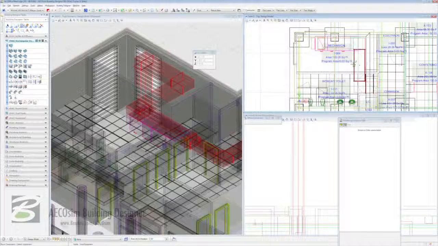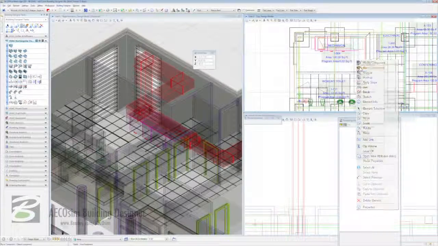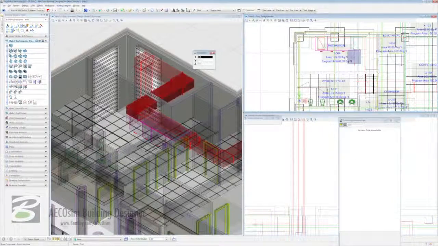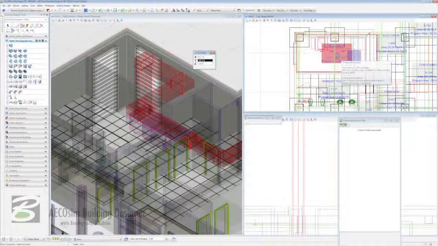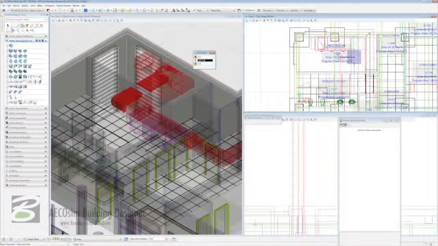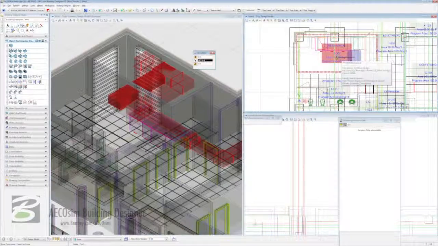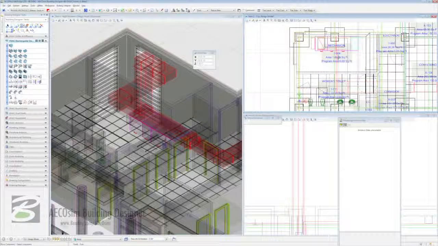I can also do that here as well on a run of ductwork. I can right click and say move component, select the component, move it in the direction I want to move it in so it's out of the way of the supply, press enter if necessary, and as soon as it's in the clear I can just click and everything conforms to my design still. Now I can come in and